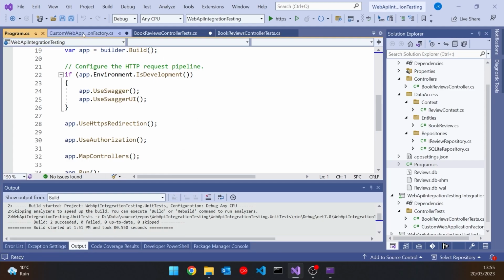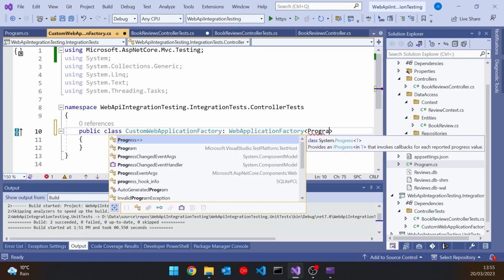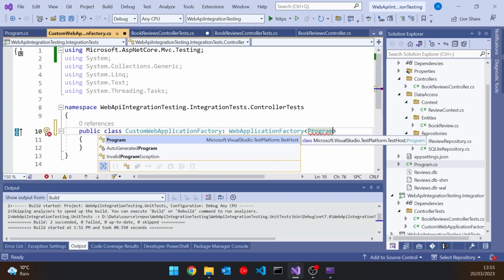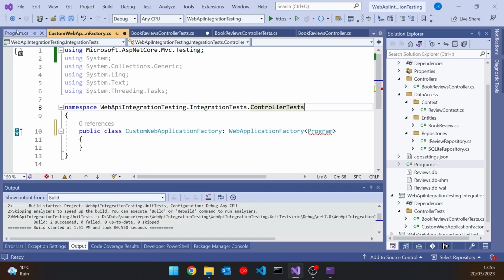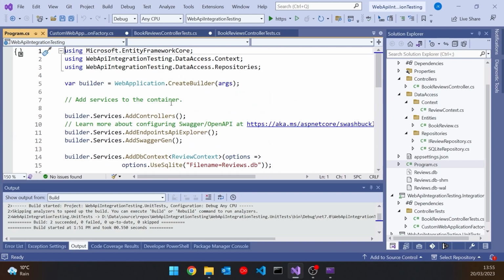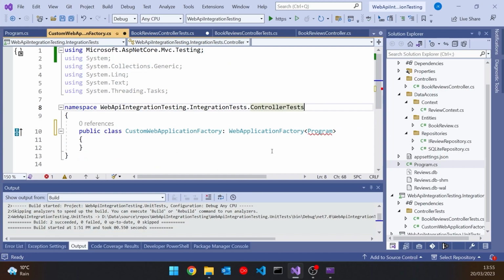Problem we have there though is if we try to just type in Program, we can see what it thinks we're after is this thing called Microsoft.VisualStudio.TestPlatform.TestHost.Program, which is completely the wrong thing. And it looks like it's very difficult to get hold of the program we've got here. And the reason for that is that we have generated this project using the approach that doesn't give us the full program class with the main method. And so from the code we've got here, it's actually generating the program class, but it's generating it as internal. And that means it's not visible in our test code over here.